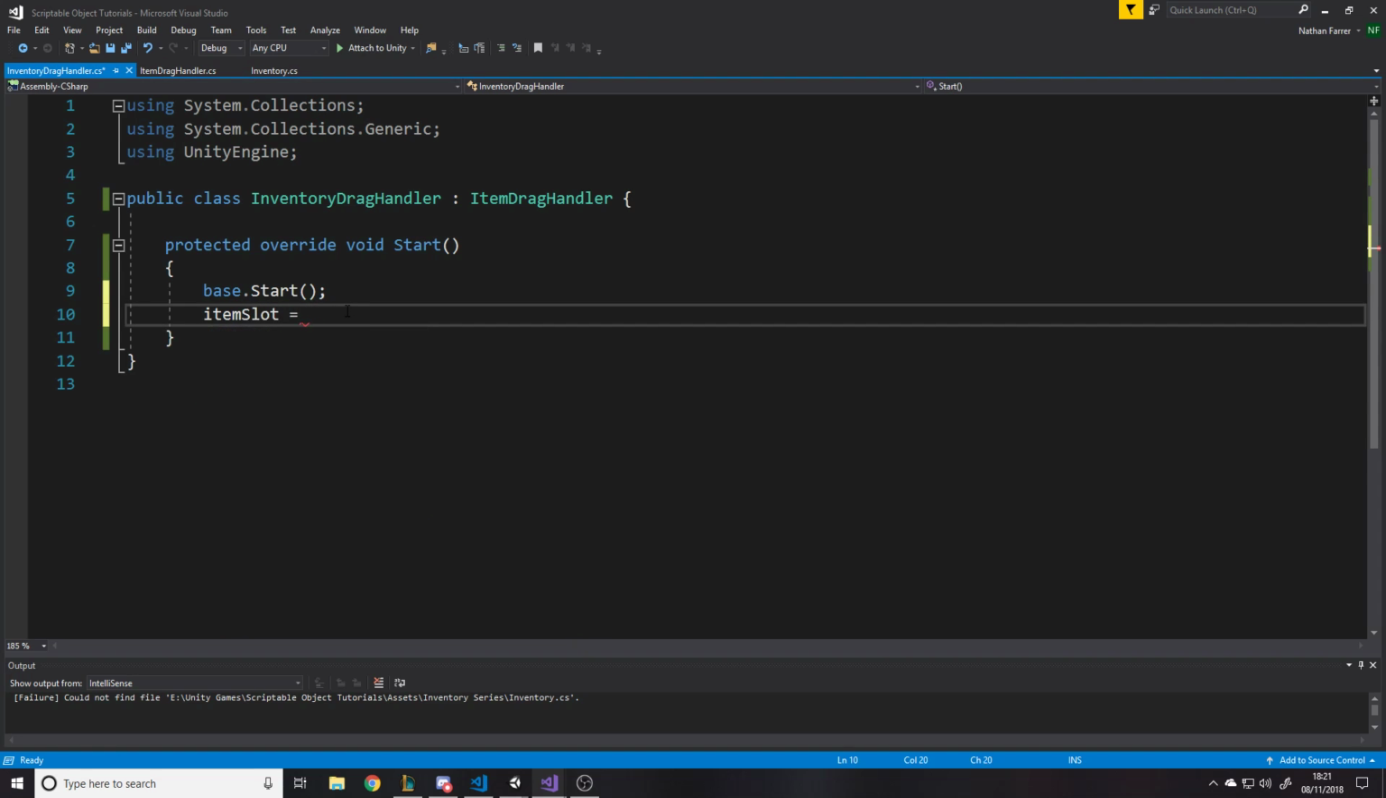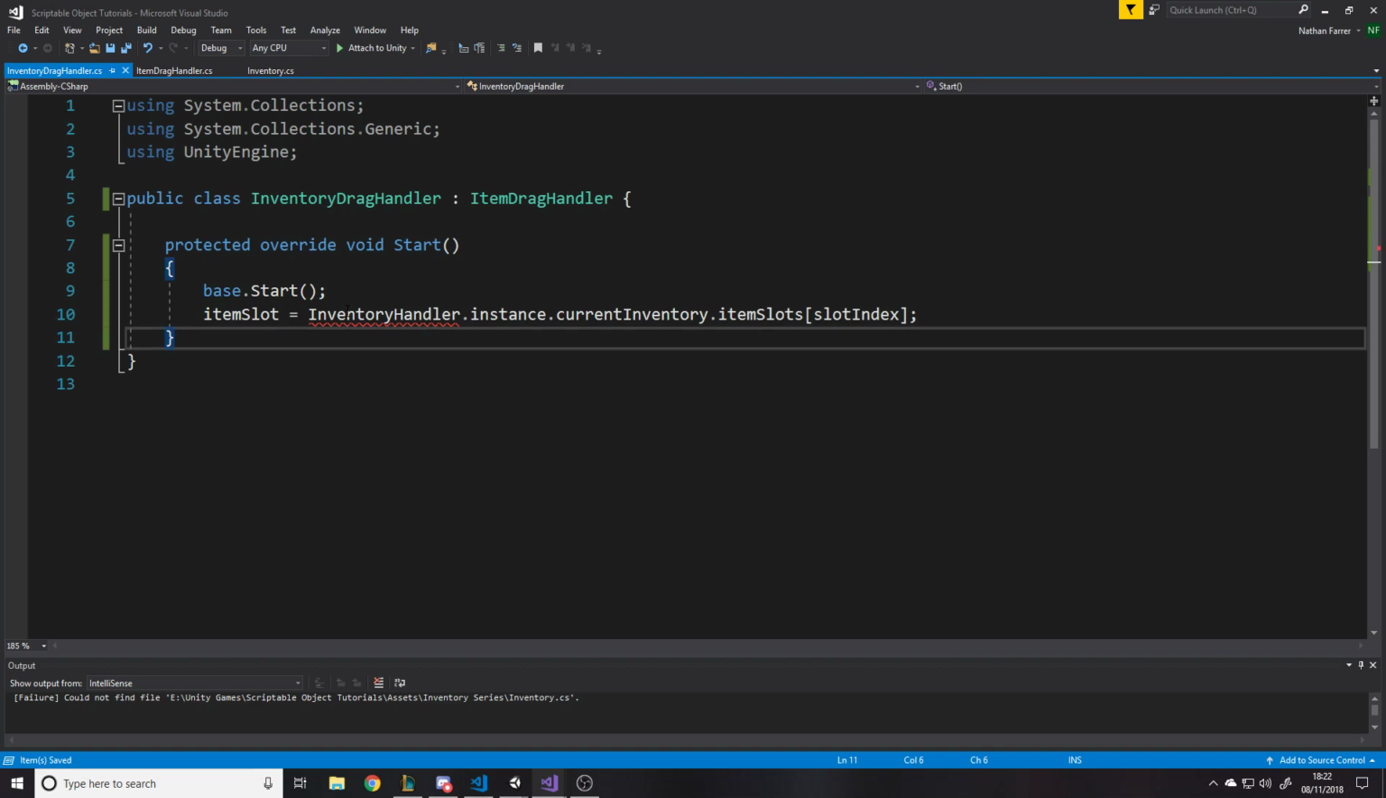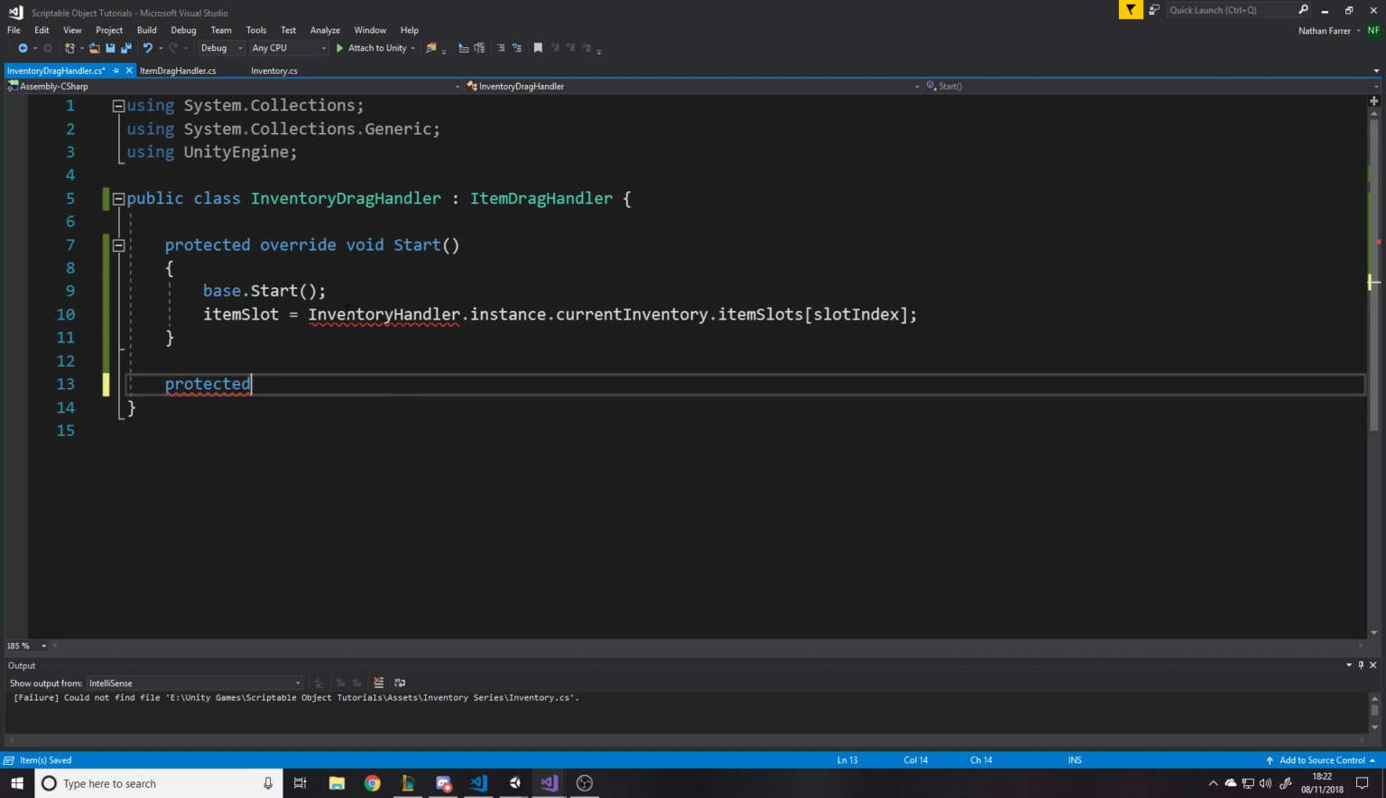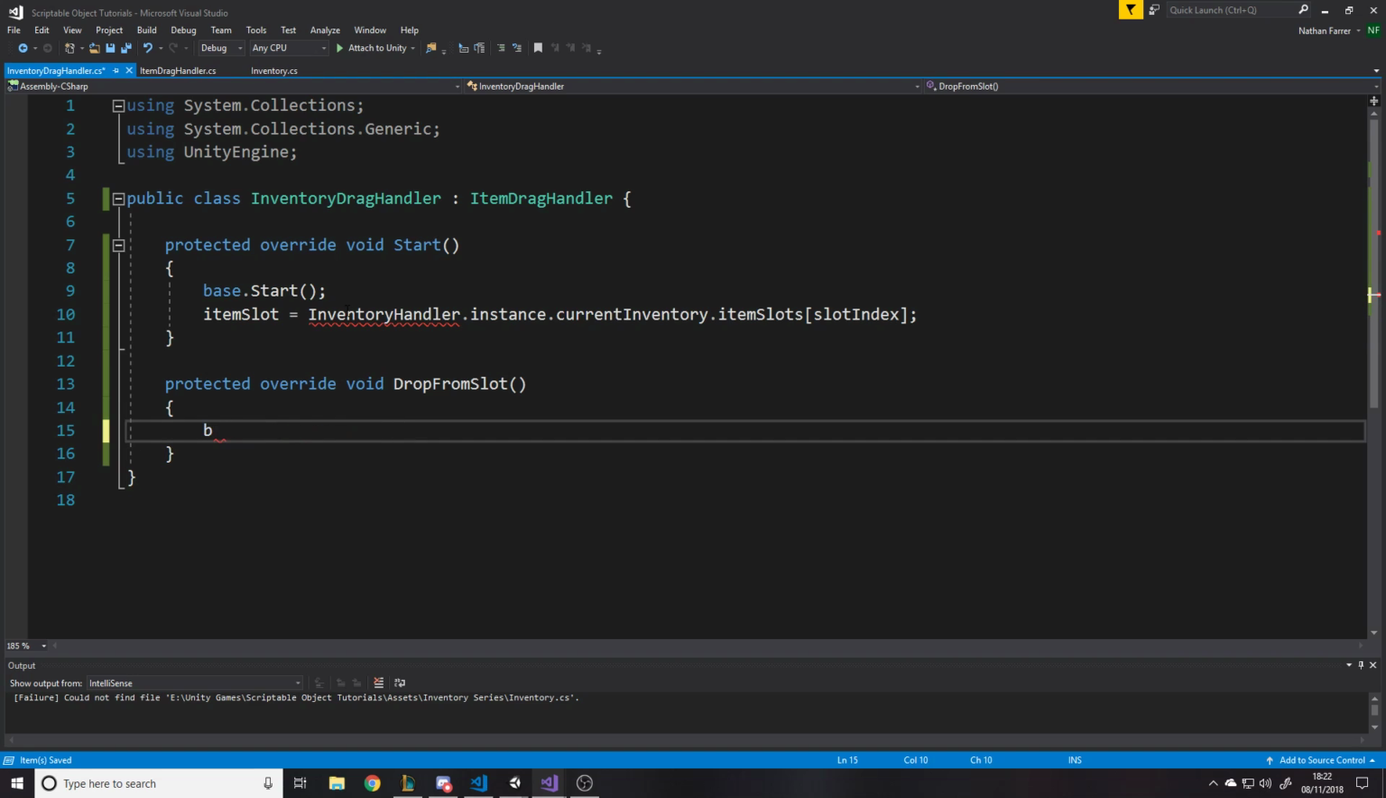slot. We're going to create the class inventory handler, which doesn't exist, but we're just going to write it anyway, dot instance, and then we'll store current inventory, so that we could actually swap it out at some point. Dot item slots slot index, boom. And then we're also going to have the protected override void drop from slot, where we're going to do the inventory handler dot instance, because it's going to be a singleton, dot current inventory dot drop item